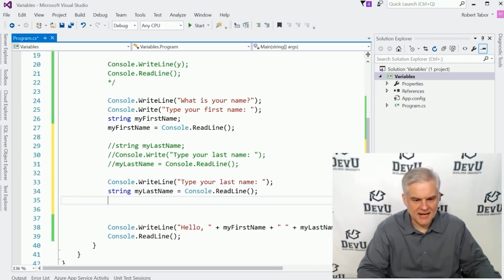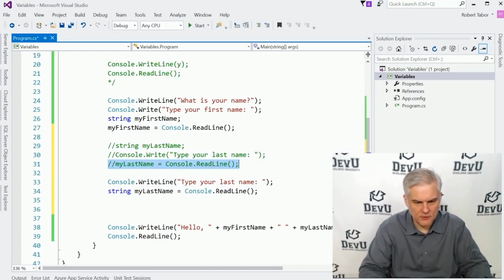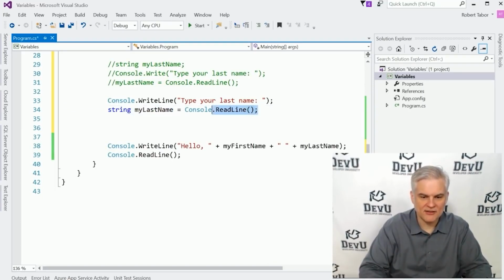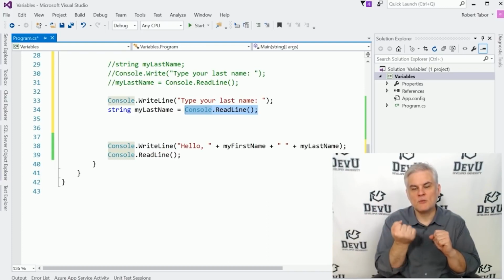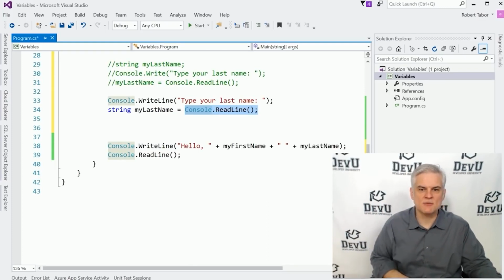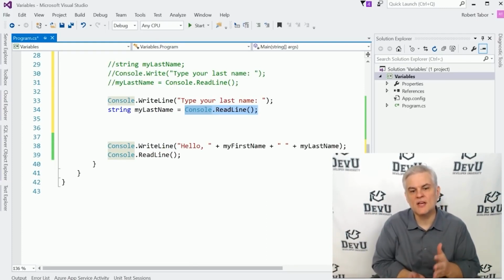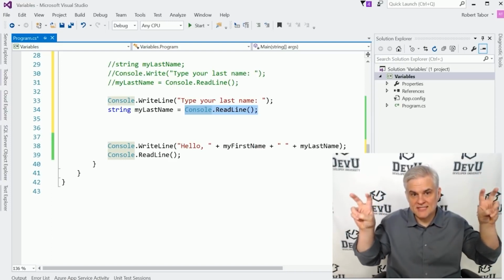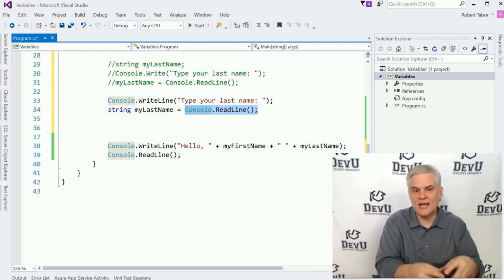Okay, so you can see that I took these two lines of code, 29 and 31, and I combined them together. And so what I'm doing here is not only declaring the variable, but then I'm initializing its value to whatever we retrieve when we call ReadLine. So this is called initialization. And initialization is important because you want to give your variables a value as quickly as possible. This puts your variable into what's called a valid state, which will be an important idea as we learn to